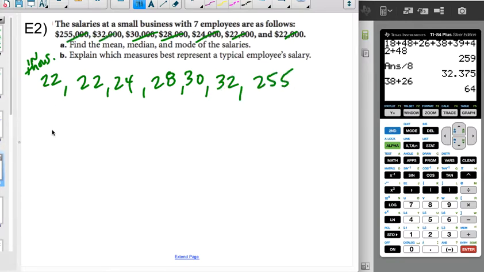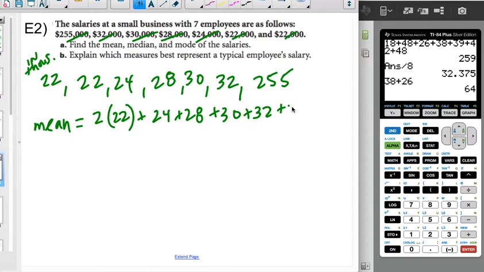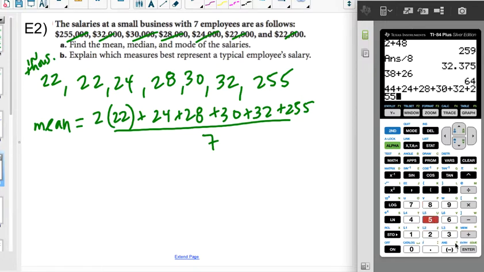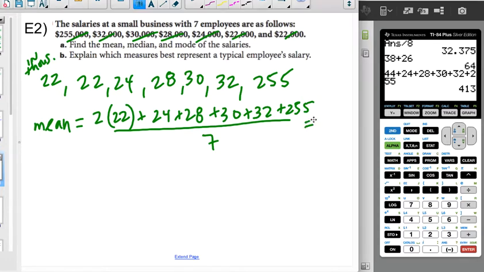So the mean, right, is going to be the sum of all those numbers. So 2 times 22 plus the 24 plus the 28 plus the 30 plus the 32 plus the 255 divided by the 7 employees, which I don't have to count because they told me there were 7. So that's going to be 44 plus 24 plus 28 plus 30 plus 32 plus 255. So I'm going to get that this is a 413 over 7,